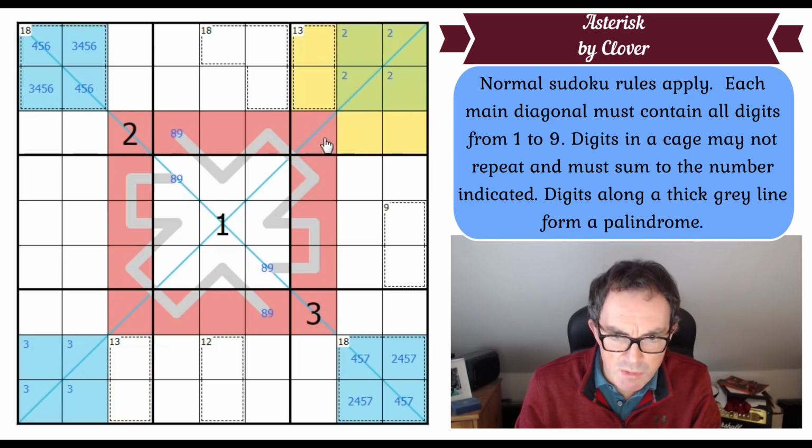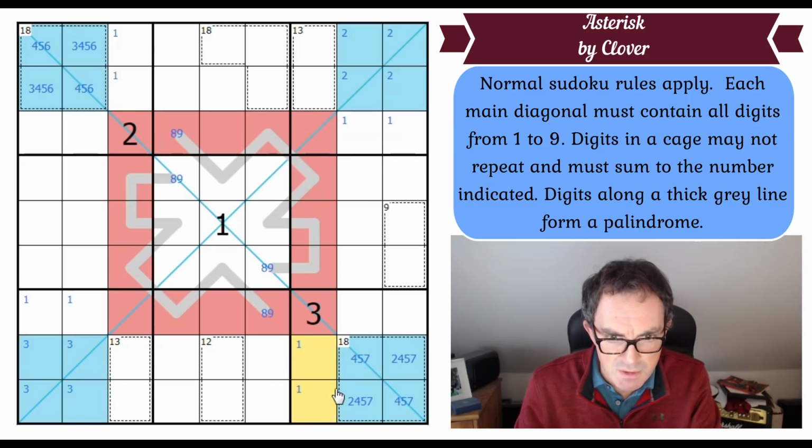Where does 1 go in box 3? Well, 1, we know 1 isn't in the blue squares. We know 1 isn't in a 13 cage, and we know 1 is not on the diagonal because of the 1 here. So 1 actually must be in one of those 2 cells. Which means 1 is in one of these 2 cells in box 1, in one of these 2 cells in box 7. Remember, it can't go in the blue. And one of those cells in box 9. Which...